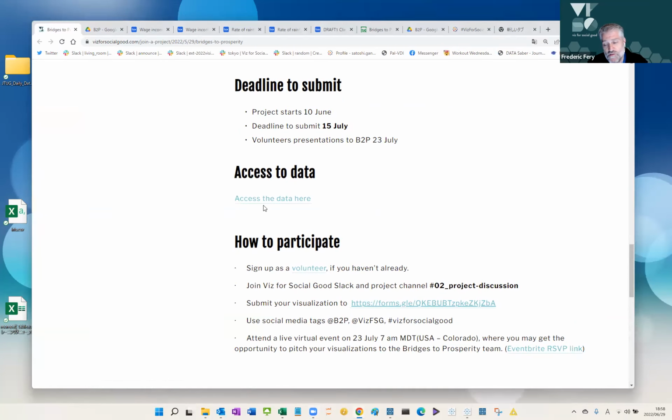If we have 50 volunteers submitting their work, we don't have time to have an event to present the 50 projects because it would take too long. So that's why we're asking the charity to select their favorite top 5 projects. And that would be the event on the 23rd of July, which is a volunteer project presentation. Okay, and then from those 5, one will be chosen to be used by the charity? Oh, they could use them all.